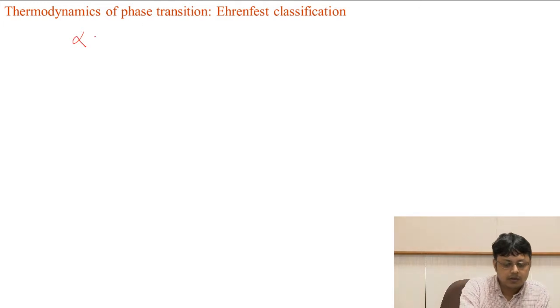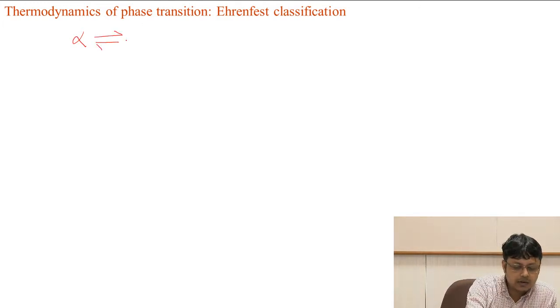Now, Ehrenfest's first classification is based on the first concept, where he looked at how the chemical potential, or the free energy per unit mole, changes as we go from one phase to another phase. As before, suppose we have two phases, which I denote as alpha and beta, which are in equilibrium. Now what you can write for the chemical potential in the alpha phase or beta phase, say